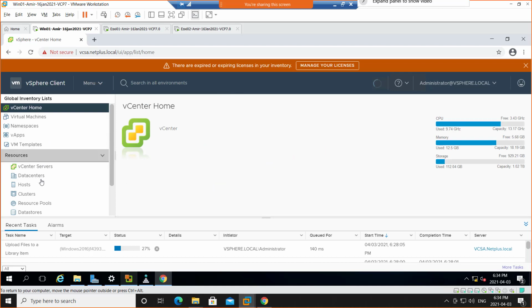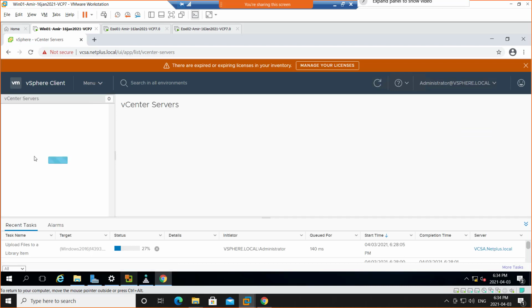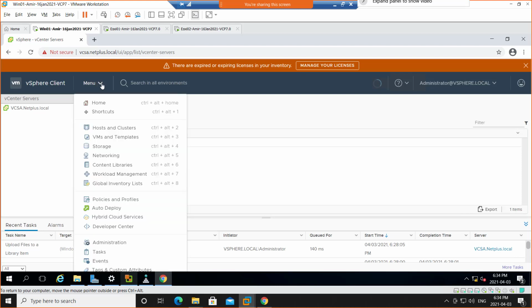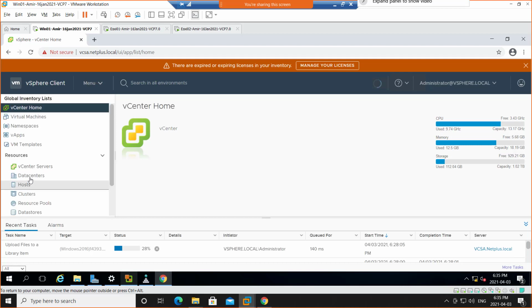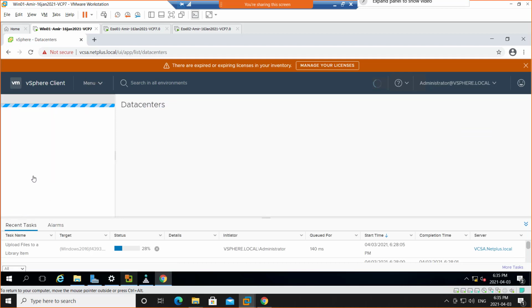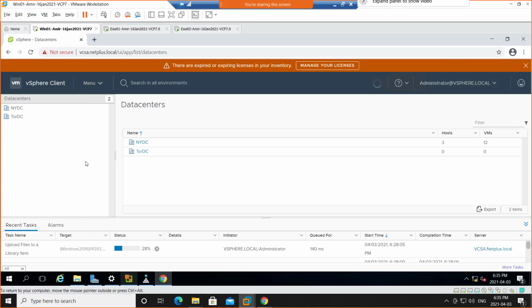So it kind of gives you how much resources are there, and vCenter server, suppose you go for, so there's only one vCenter server there, obviously it's VCSA here, and if I just simply go back to the global inventory list, it gives you globally the inventory, how many data centers you have. You can click that and it's going to show you whatever number of data centers that are there, and